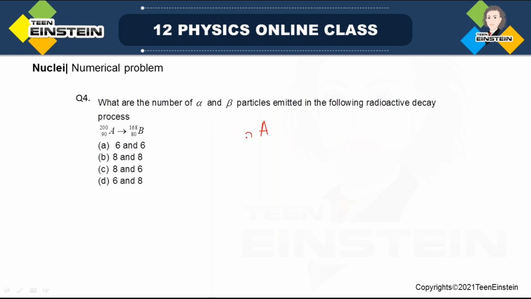Look here, this is 90, this is 200, and when it undergoes alpha or beta decay, I don't know how many alpha, how many beta, that I have to find out. But there is alpha and beta decay, and by that it is becoming a new nuclei that has